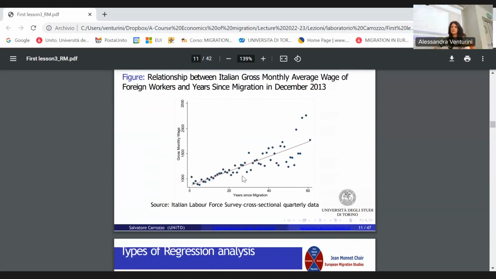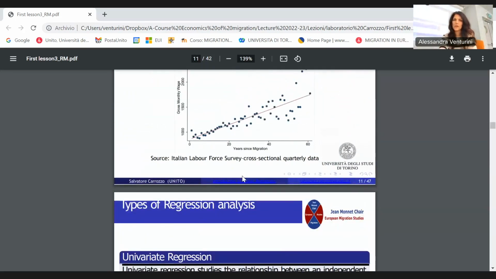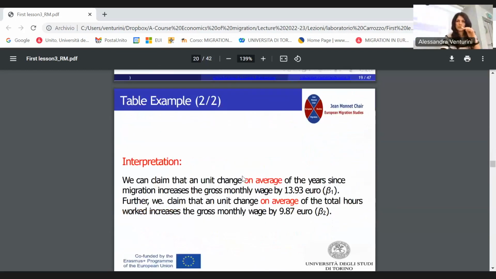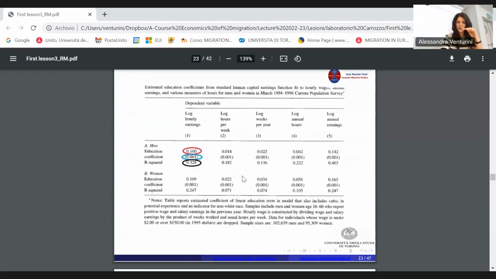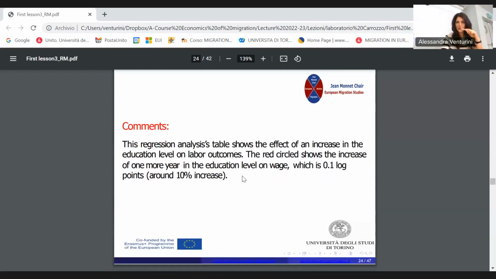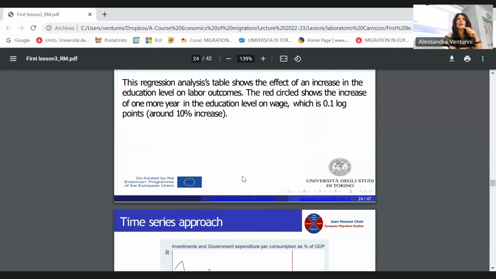The outliers, because the estimate could be steeper, because you have two cases, we distort all the sample. Okay, this is the comment, the interpretation. So the formula was the formula for